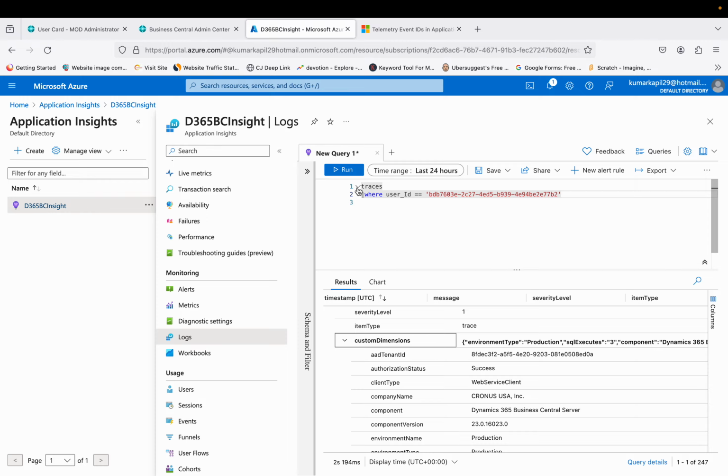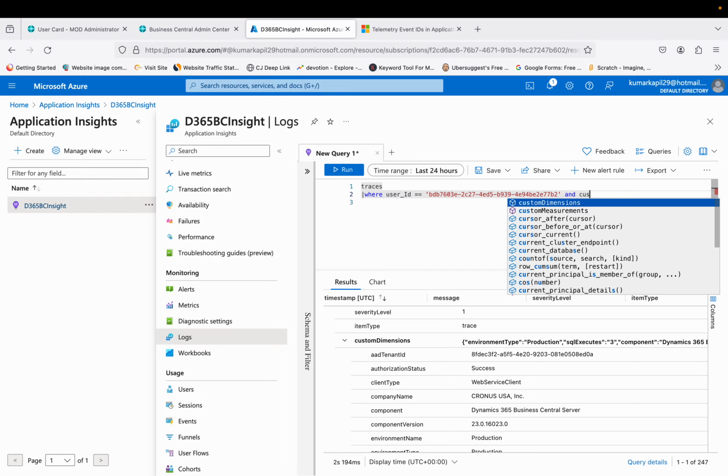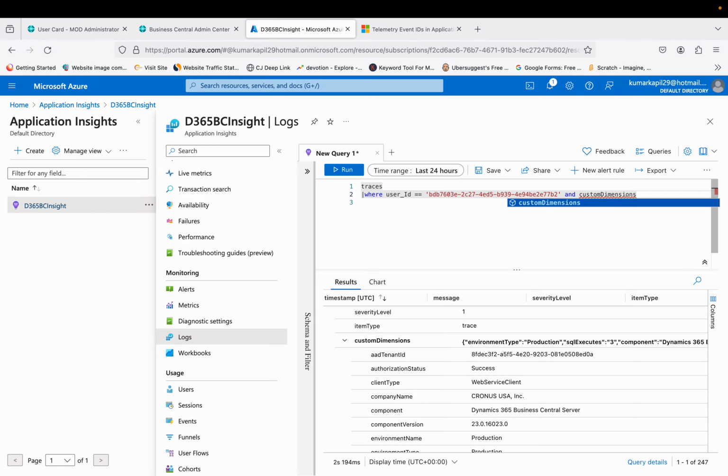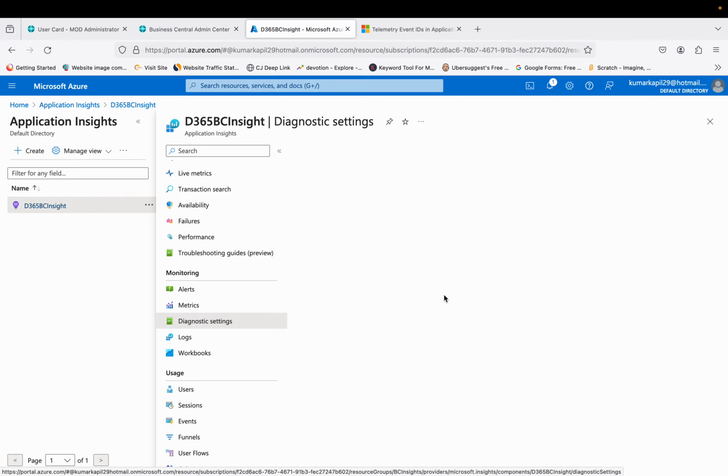Of course, as I said, you can use this query traces, and then you can add multiple conditions based on whatever values are showing up here, and all your things can be done easily. You can add conditions and then add custom dimensions dot certain properties to filter out only the dedicated logs which you want to see. Then there is one section here called diagnostic settings. If you come here,